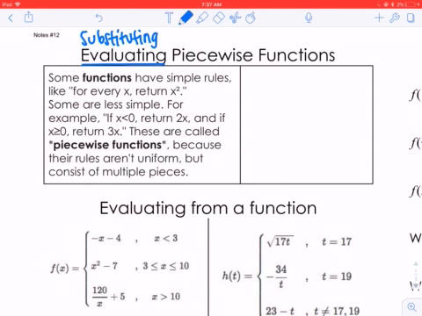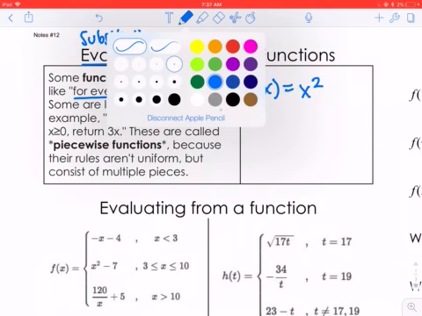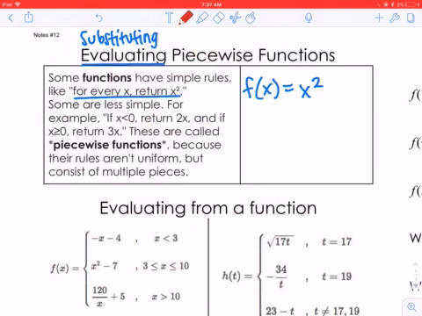Some functions have simple rules, like for every x, return x squared. For every x in the function, we're going to return x squared. That's a pretty simple one. That's something we've worked with in the past. Some are less simple. For example, they might tell us that if x is less than 0, we're going